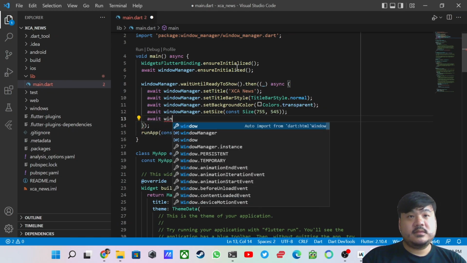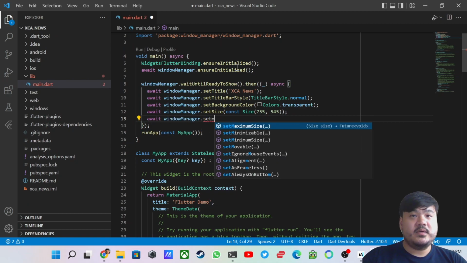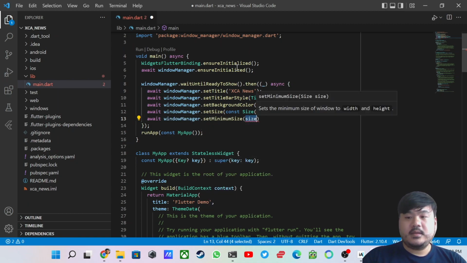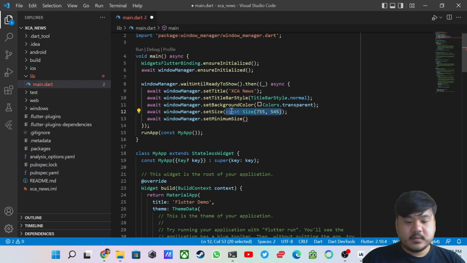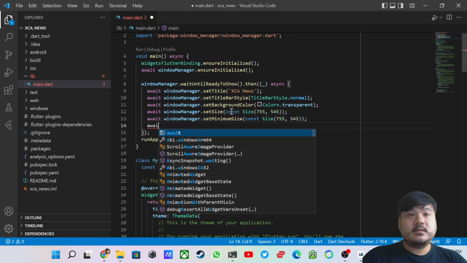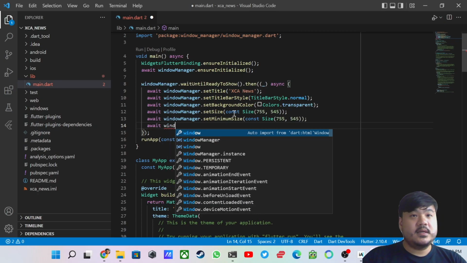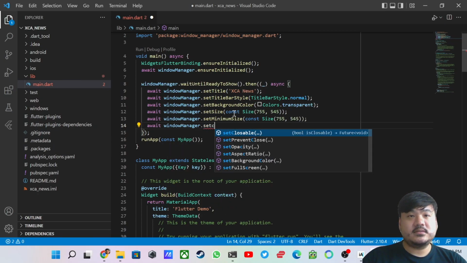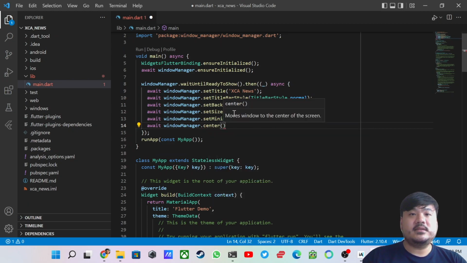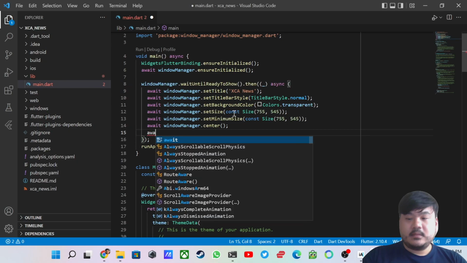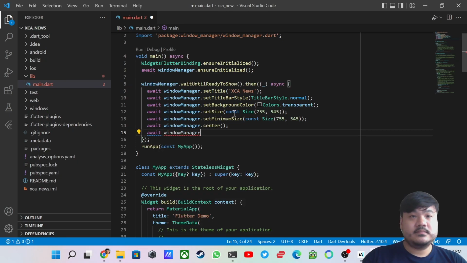And let me also set the minimum size of the window. Okay, also I'm going to pass the same value here. Let me just copy this and then paste it in here. Okay, and also I'm going to make the window centered when it launches for the first time by invoking windowManager.center, and I'm going to show the window with show,